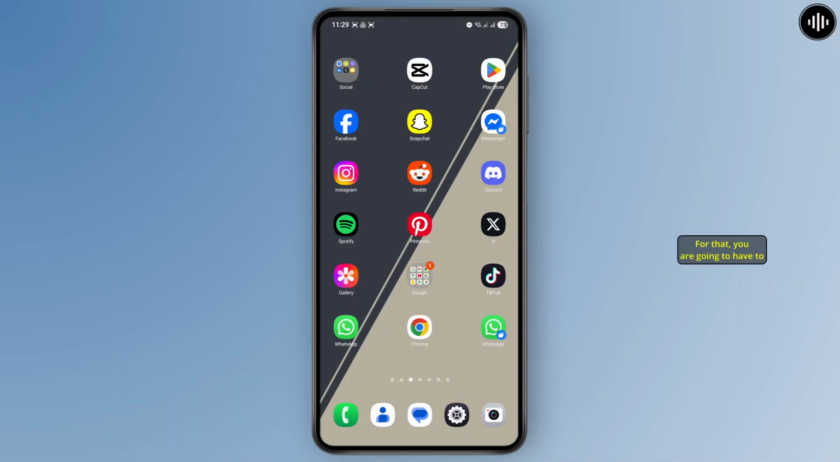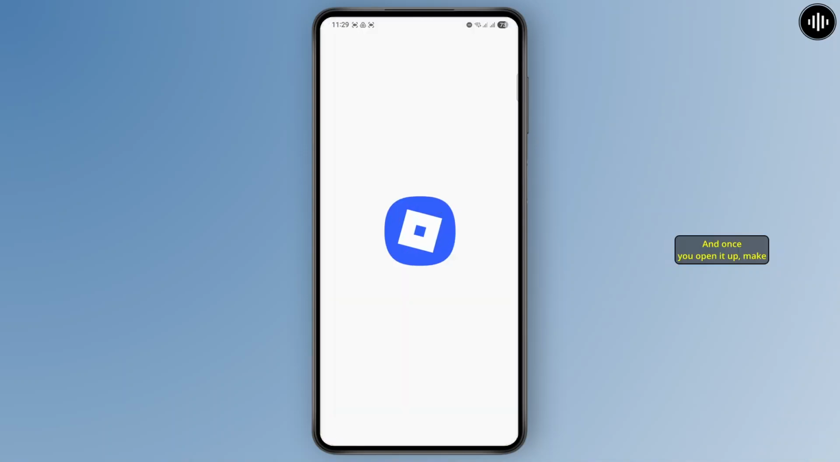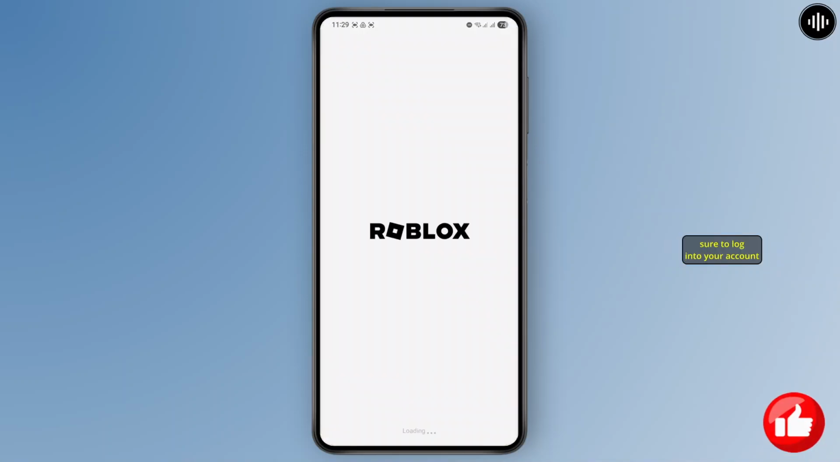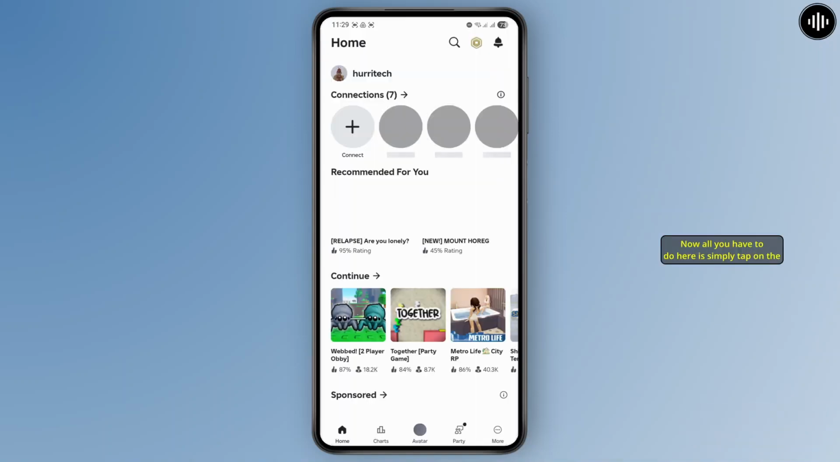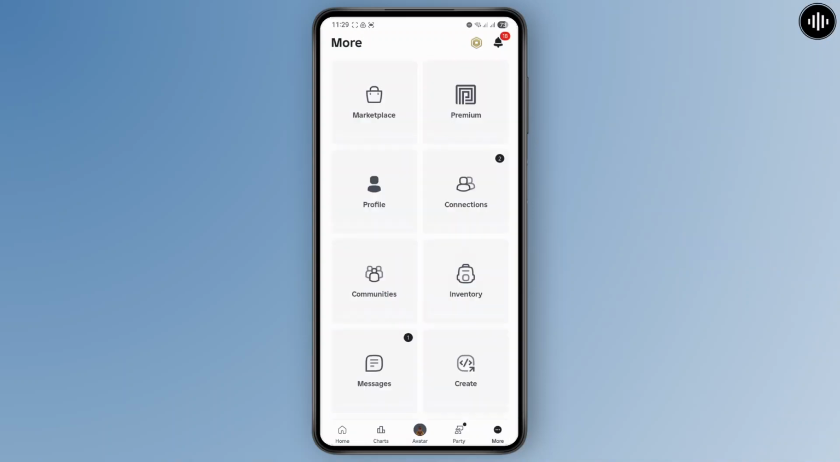For that you are going to have to first go ahead and open up your Roblox, and once you open it up, make sure to log into your account. Once logged in, you land on your homepage on Roblox. Now all you have to do here is simply tap on the more icon at the bottom right,